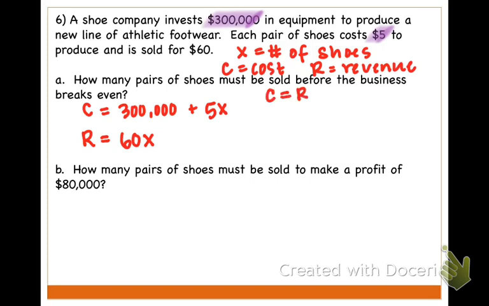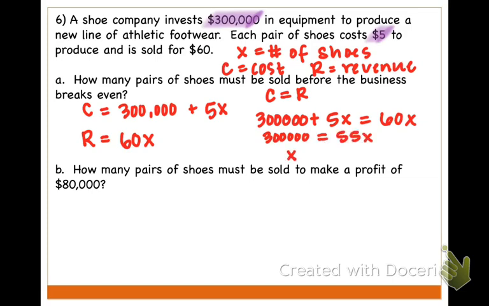So this would be like a substitution. We're going to substitute in C for R. More specifically, we're going to substitute in the $300,000 plus 5x in for R and make that equal to 60x. So we can solve and we can subtract 5x from both sides and then divide by 55, and we should get